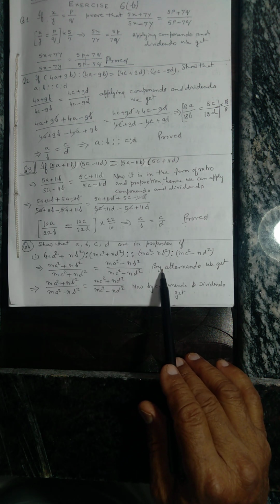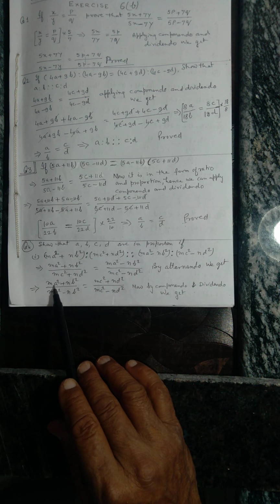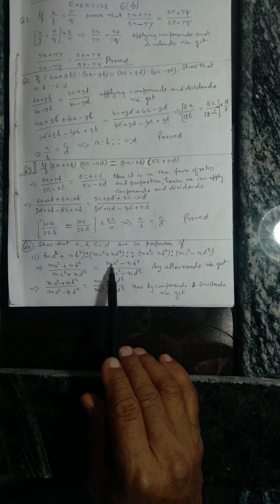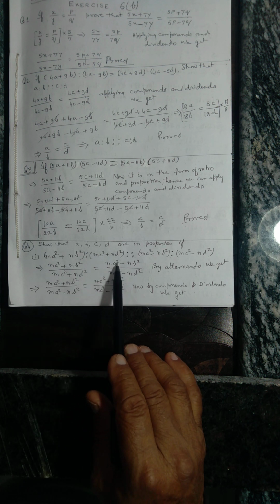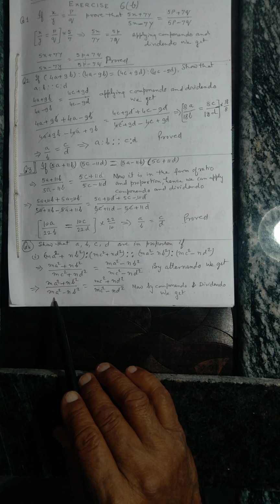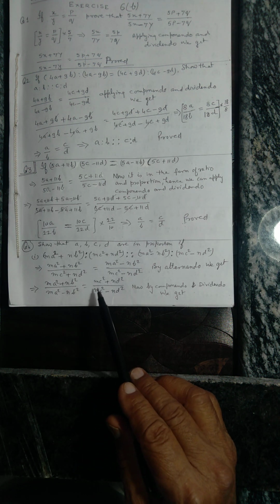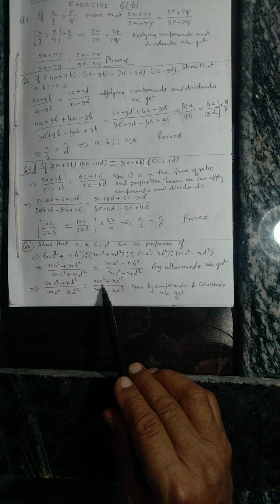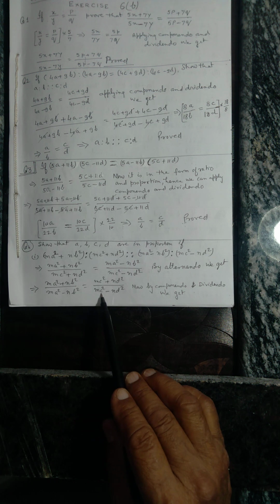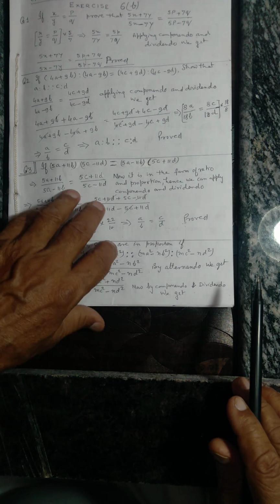By alternando, we can get (ma² + nb²) / (ma² − nb²). So this numerator part will come here and this denominator part will go there, by alternando. Now (mc² + nd²) / (mc² − nd²). Now by componendo and dividendo we can get